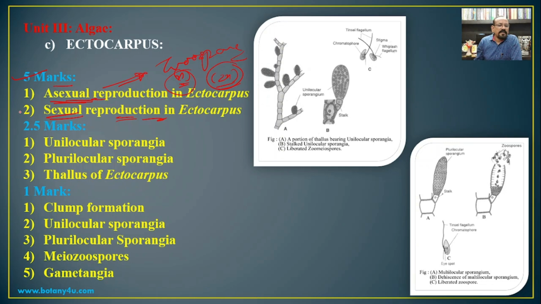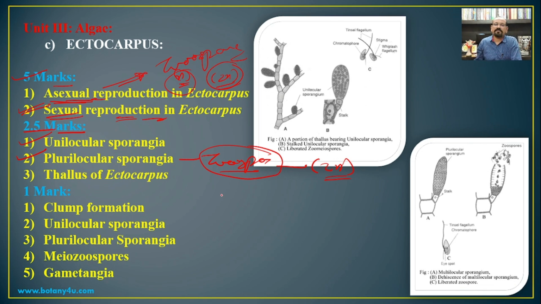So here we have to provide the complete description regarding the sexual reproduction. In case of the 2.5 mark questions, there is a question on the unilocular sporangia or the plurilocular sporangia. During the formation of zoospore, there is a formation of plurilocular sporangia on the diploid plant body, and these zoospores are formed without meiosis, and hence all the zoospores are diploid, and hence again they germinate to form the same